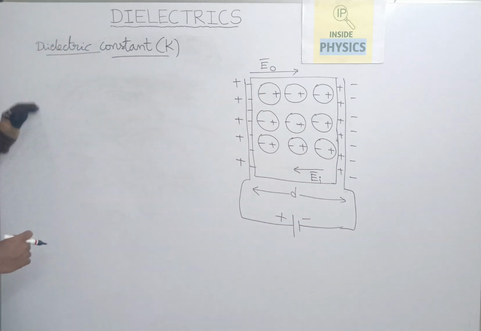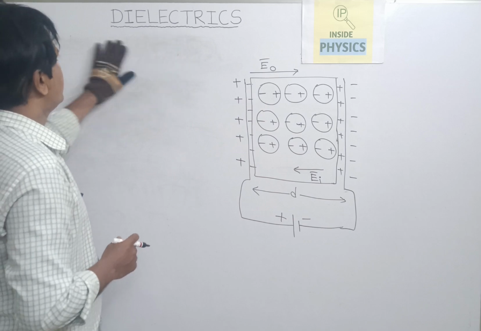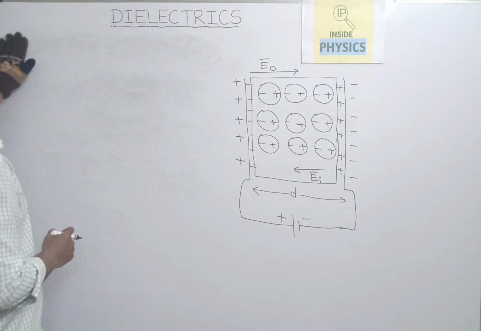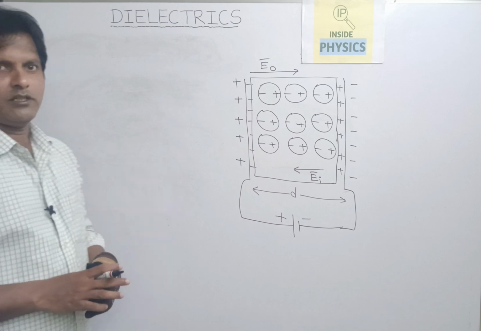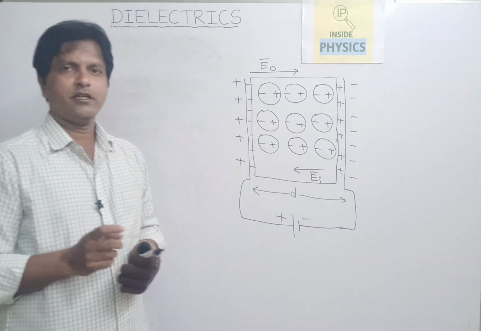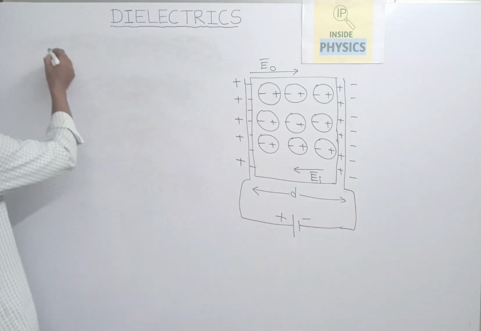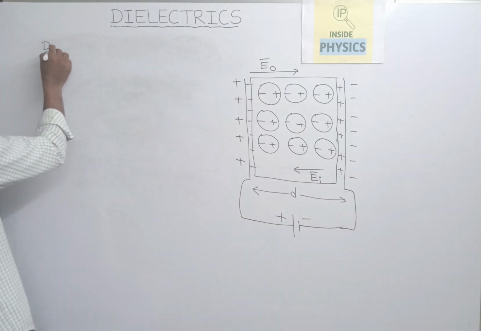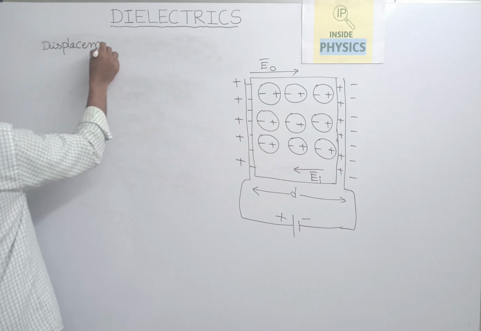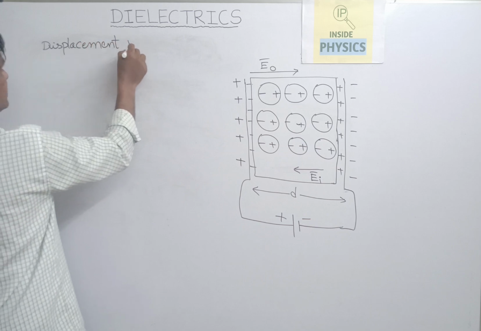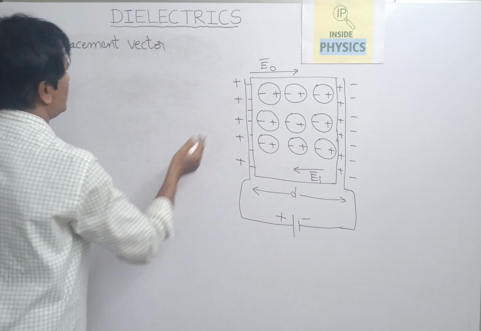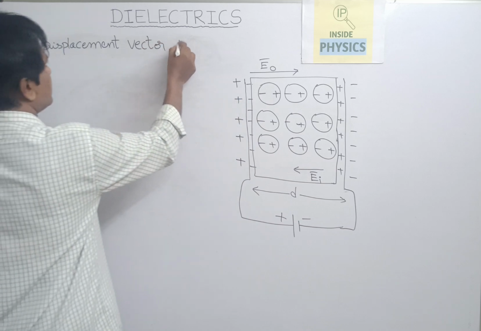the displacement vector. The displacement vector is an auxiliary vector which is purely introduced in this concept to understand the combined effect of external applied field and the polarization. So, the displacement vector, what is displaced? What is actually displaced? Why is the displacement term introduced in the dielectrics? D